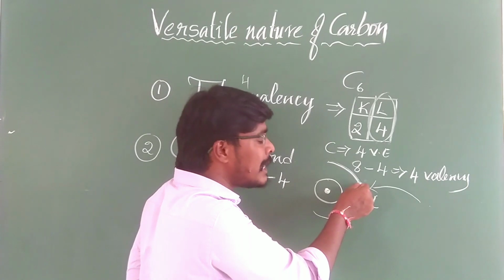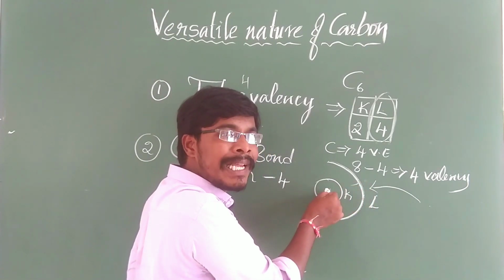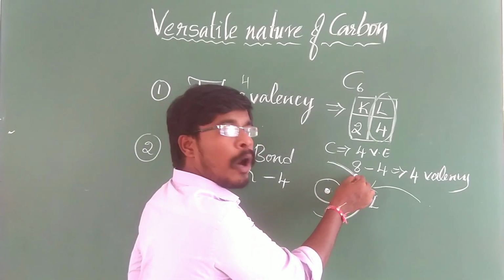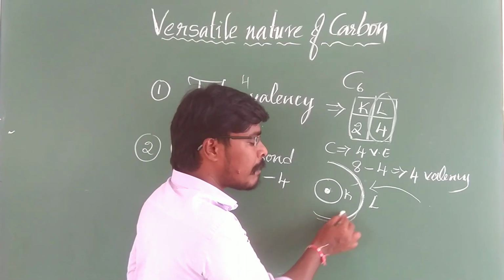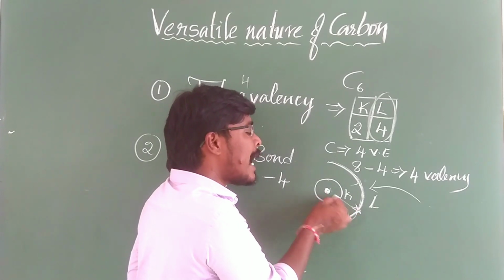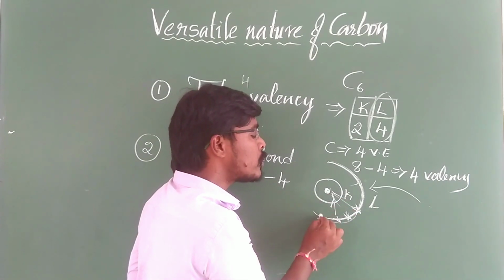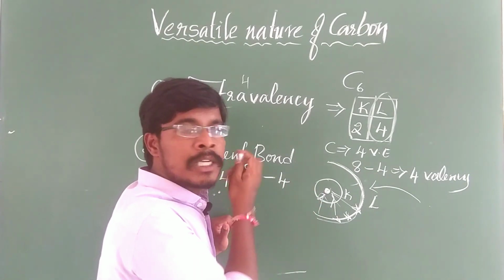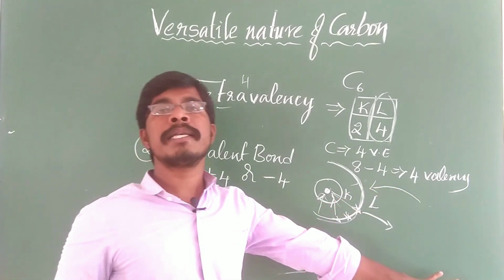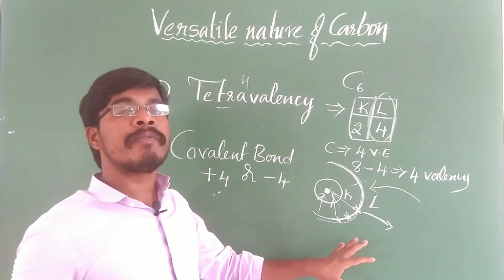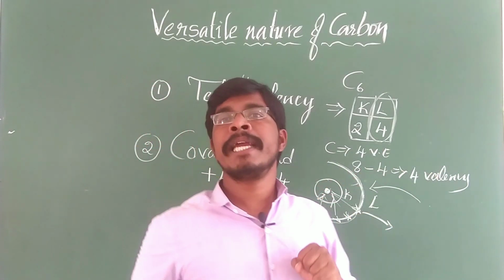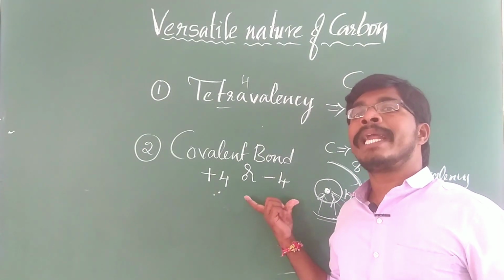So this L shell is very near to the nucleus, which consists of positively charged particles. Due to that, the outermost electrons, the electrons present in the L shell of carbon, have maximum attractive forces towards the center of the nucleus. So the losing capacity is not easy. Based on that, it always goes for the process called sharing. By sharing, carbon will show covalent bonding.